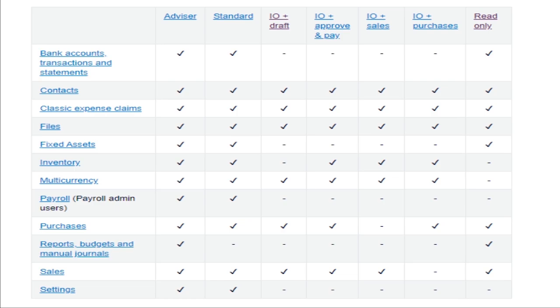So, only create draft permission. A user with the invoice only create draft permission has access to the dashboard, business menu, and contacts. The dashboard has 2 tiles, one for invoices and the other for bills, showing a summary of transactions created and waiting approval. This permission gives the user the ability to create new or copy invoices, bills, quotes, and purchase orders, save transactions they've entered, then submit them for approval, view history and notes on transactions, and edit any draft or awaiting approval transactions.